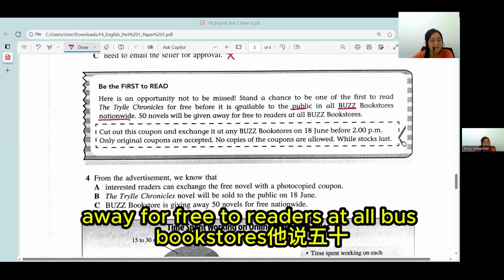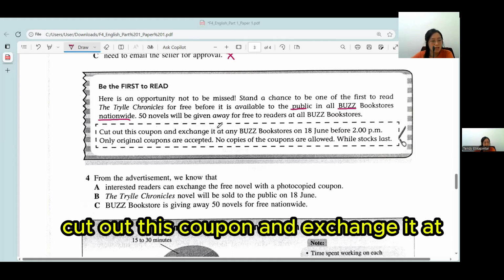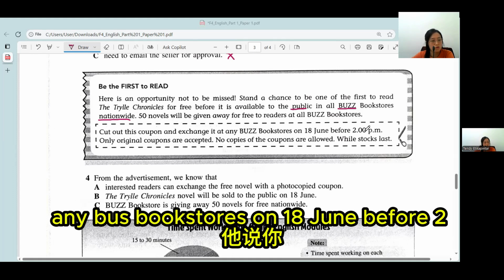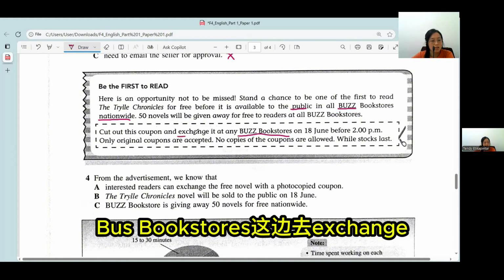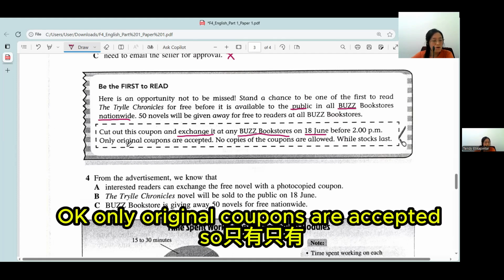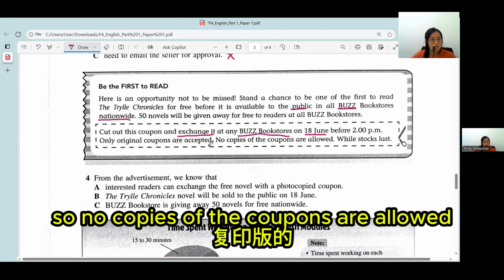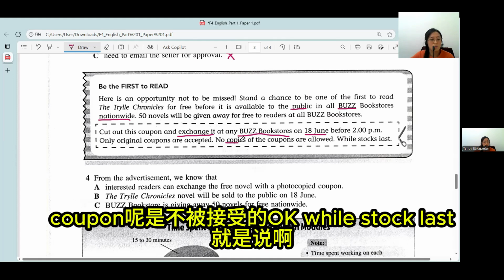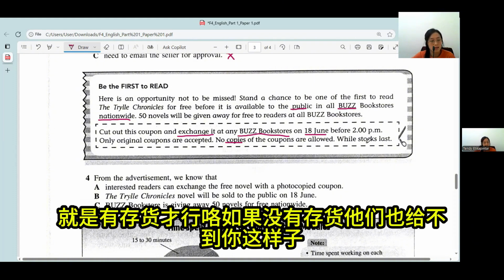50 novels will be given away for free to readers at all bus bookstores. 他说50本小说会被送出去。OK so 他这里有写 cut out this coupon and exchange it at any bus bookstores on 18 June before 2. 他说你可以把这个优惠券剪下来，然后你可以在 bus bookstores 这边去做一个交换。OK, 你几时可以去？6月18号 before 2点。OK, only original coupons are accepted. So 只有正版的优惠券会被接受。So no copies of the coupons are allowed. 复印版的优惠券是不被接受的。OK, while stock lasts, 就是说越快越好咯，有存货才行咯。如果没有存货，他们也给不到你。